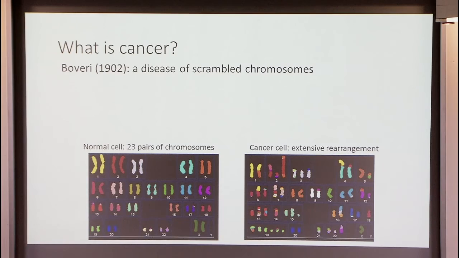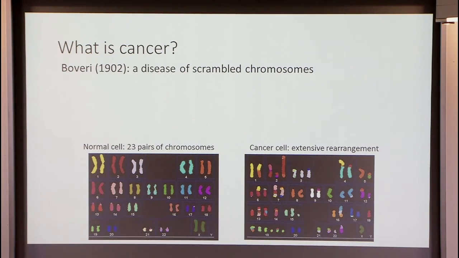Let's start at the beginning to get people oriented. We first want to define cancer as best we can, and the first molecular characterization of cancer is widely credited to Boveri, which is that it's a disease of scrambled chromosomes. He discussed this at the turn of the last century. Quite remarkable because at the time we didn't know that chromosomes were even made up of DNA and all the things we know now. But we have great technologies for viewing chromosomes over the past few decades, and we can see this. So here's a normal human cell, 23 pairs of chromosomes. Cancer cell, most solid tumors, extensively rearranged.